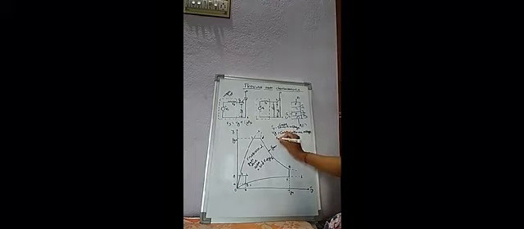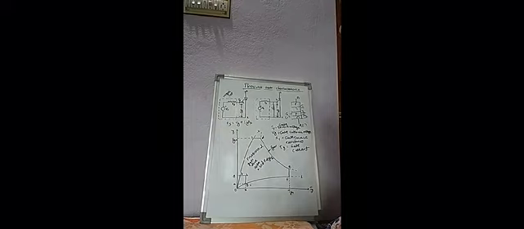Then RS is equal to gate source resistance. Then IG is equal to gate current. Clearly understood all the parameters. Okay, so